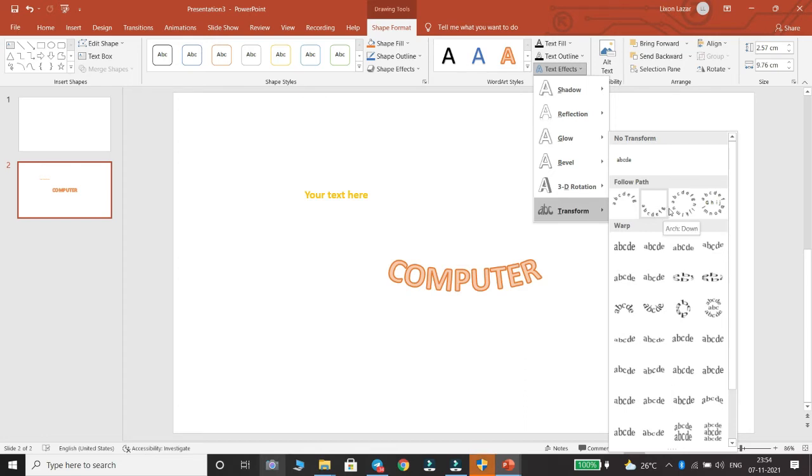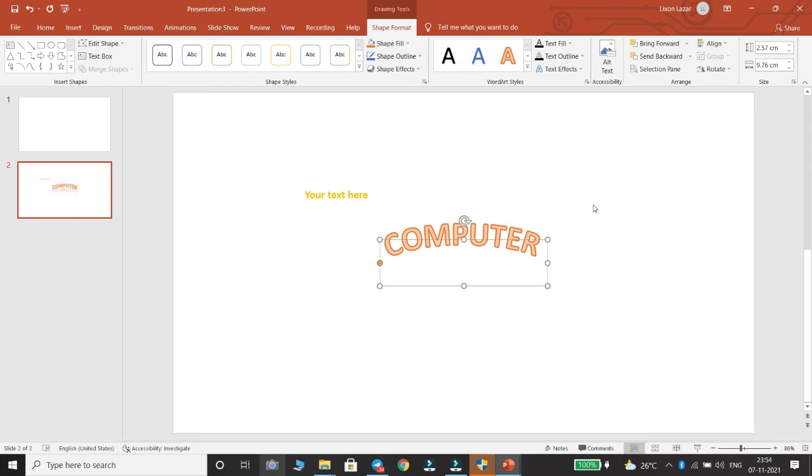Here I have selected this text effect. So the particular effect is applied on the text.